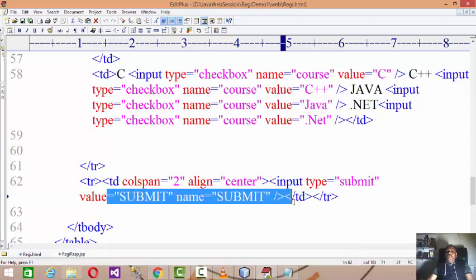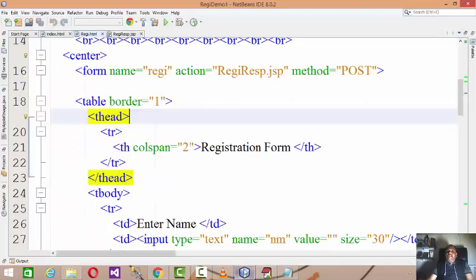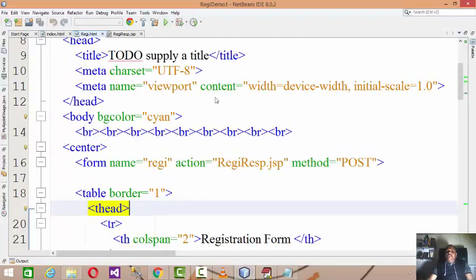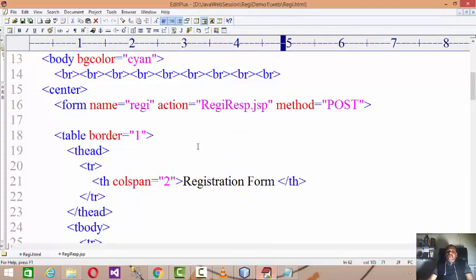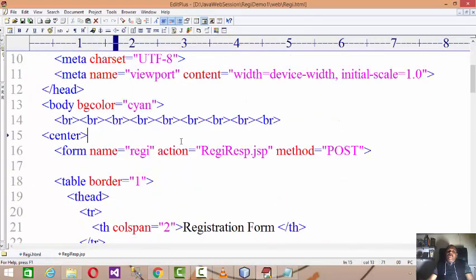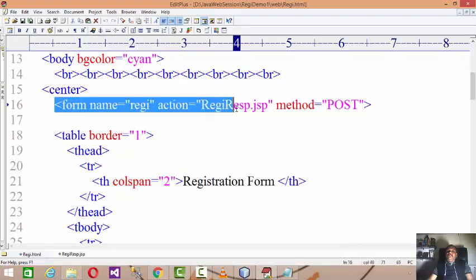And then we have a submit button over here. I tried to use all the possible components. Whenever you run this code, you have a text field, a radio button, a drop-down list, a multi-line text box, and checkboxes as well, and there is a submit button. So in the client side code, how did I design this? I use the form tag.